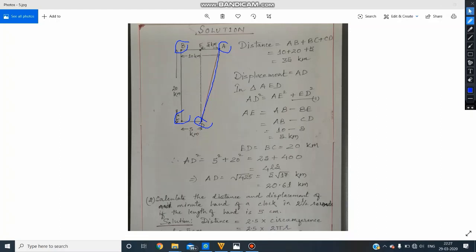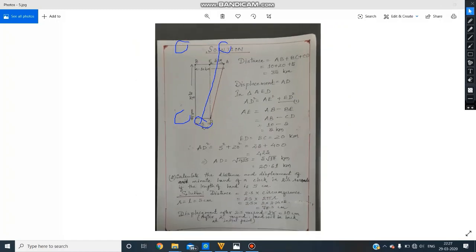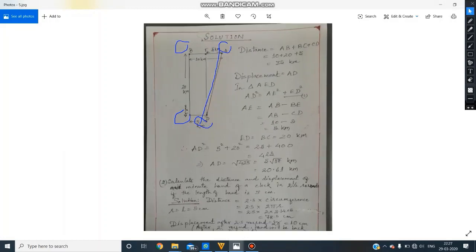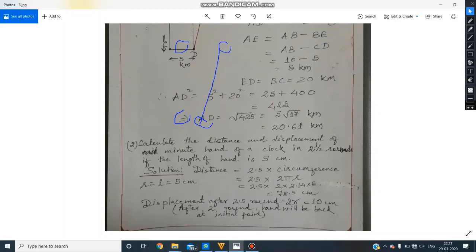To have an idea about distance and displacement, one more numerical you can look at. Calculate the distance and displacement of the minute hand of a clock in 2.5 rounds if the length of the hand is 5 centimeter. The length of the hand is actually equal to the radius of the circular path in which the hand is moving, and applying the formula of circumference, the distance can be calculated by this formula: 2.5 into